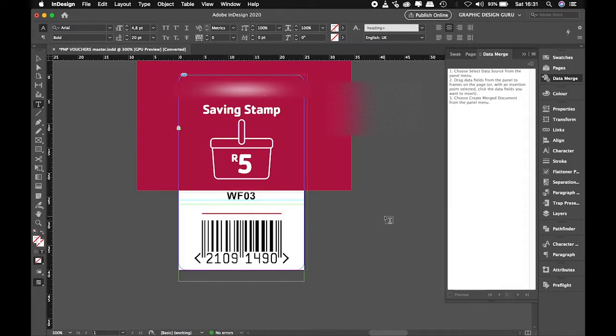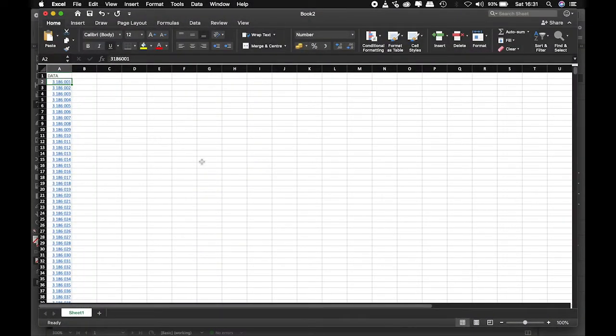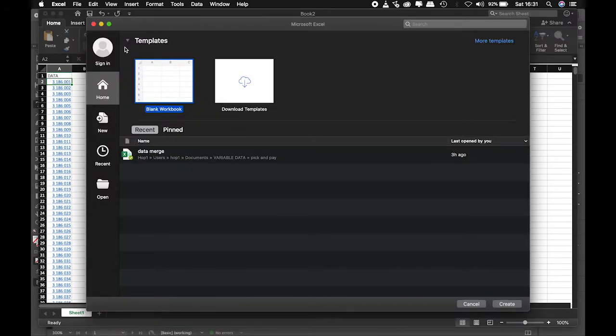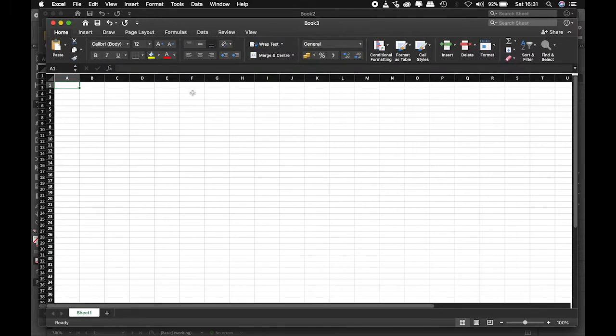Now, in order to create numbers from 1 to 10,000, if you have to type it will take forever. So I'm gonna have to use another software, which is Microsoft Excel. Microsoft Excel actually makes it easy to create so many numbers. Okay, I've gone ahead and created all these numbers here. By the way, you can actually make your own. So I'll paste that number there, the first one,